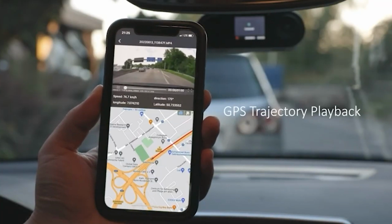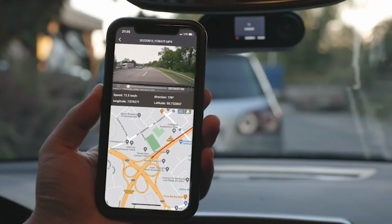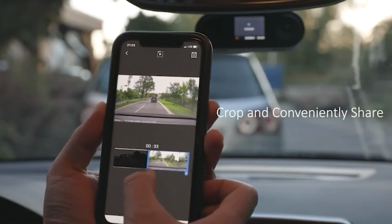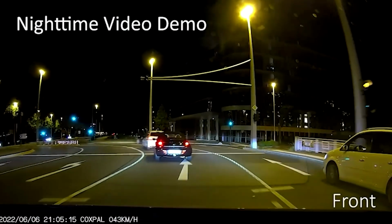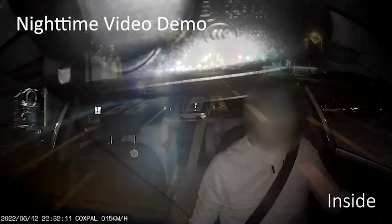The rear and inside cameras provide great coverage, and the infrared night vision works as advertised, capturing clear footage even in complete darkness. The GPS tracking is accurate and provides valuable information, such as speed and location, that can be superimposed on the footage. In conclusion, the Coxpol 11T 3-channel dashcam is a fantastic investment for anyone looking for a